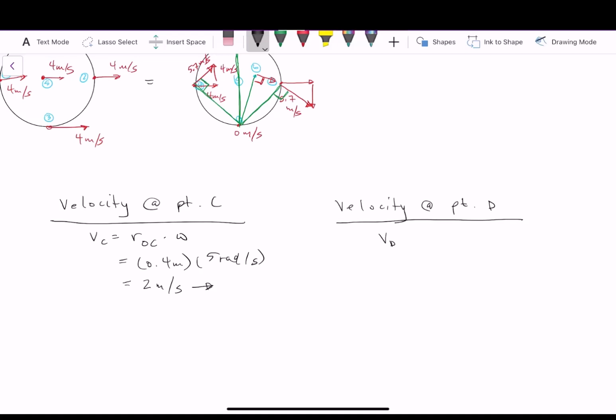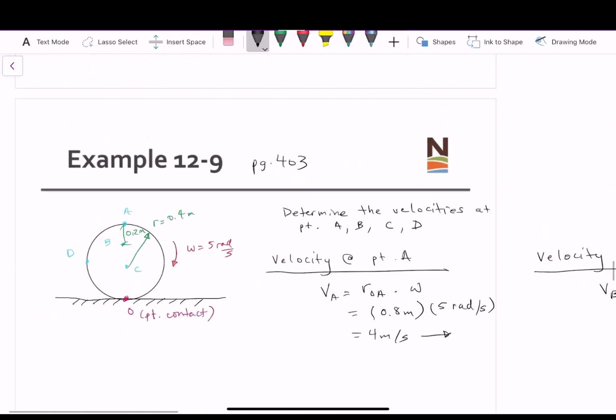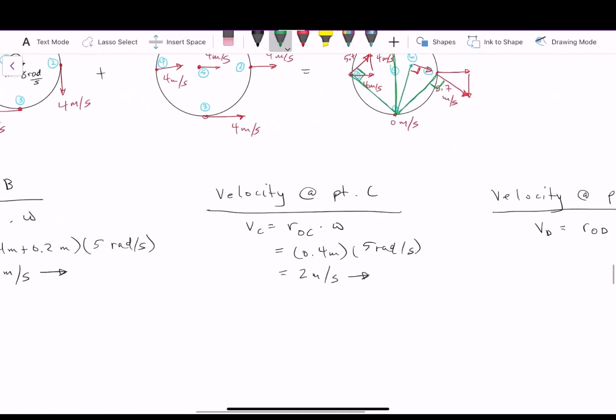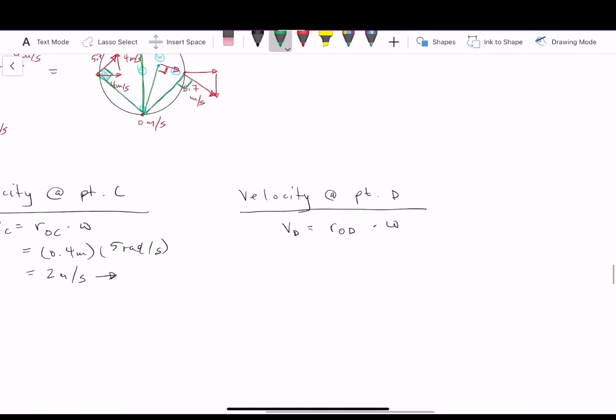So VD is equal to ROD times omega. Let's go over here, and what we are doing is creating a rotation arm between these two points. We would need to know what this R value is. Well, we know the height of that triangle is 0.4, and the width of that triangle is 0.4. Just using the Pythagorean theorem, the radius between those two points would be equal to